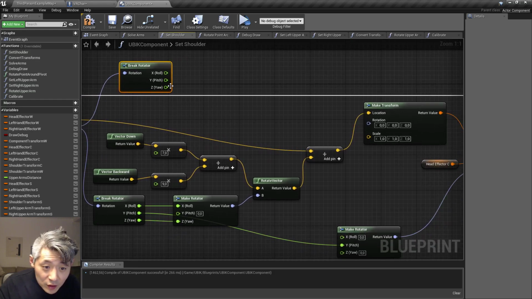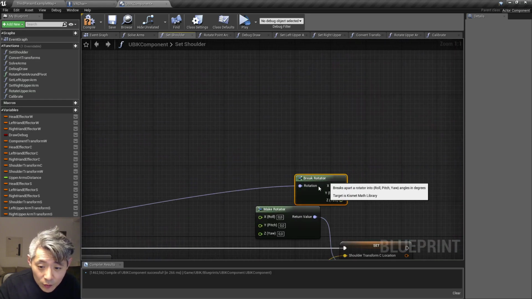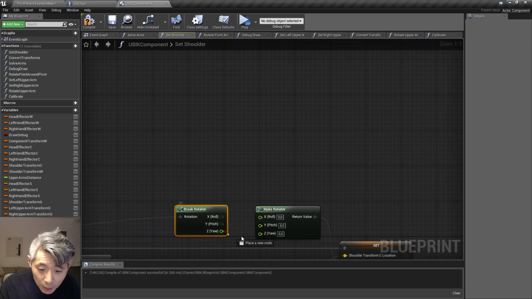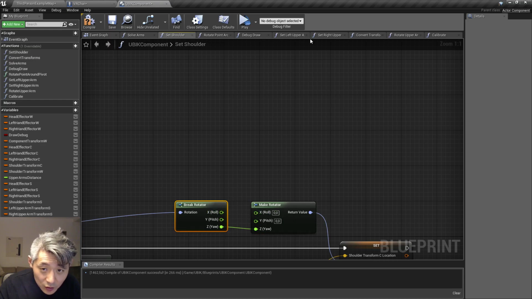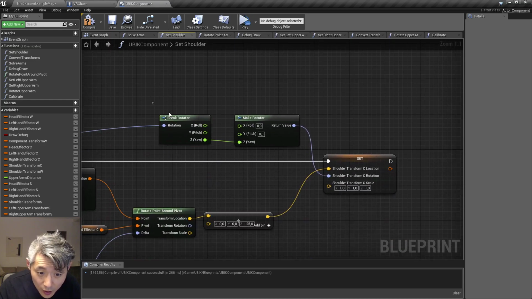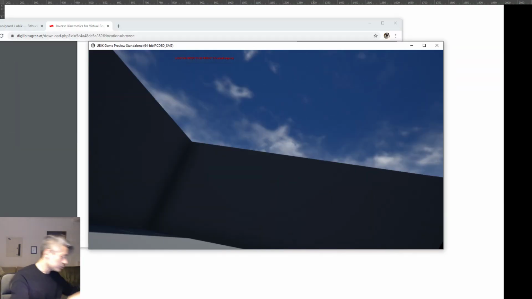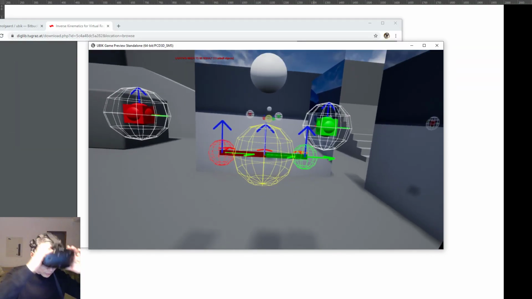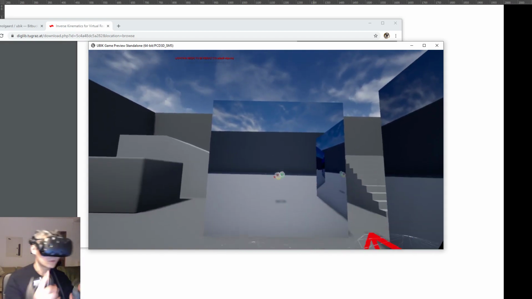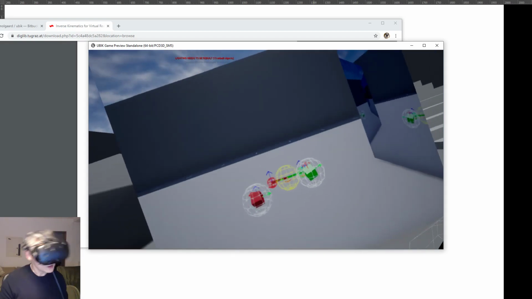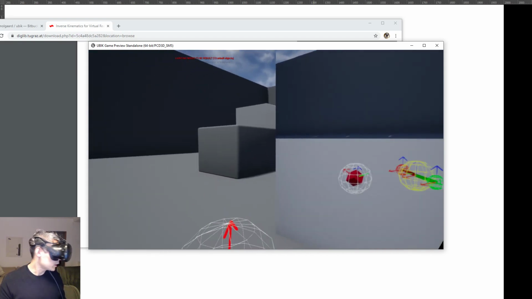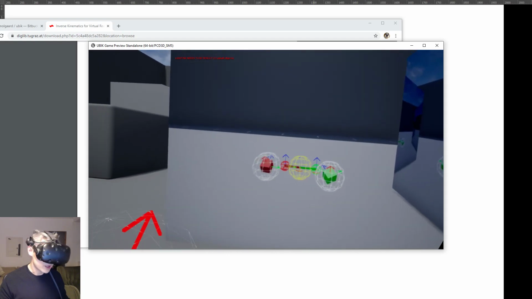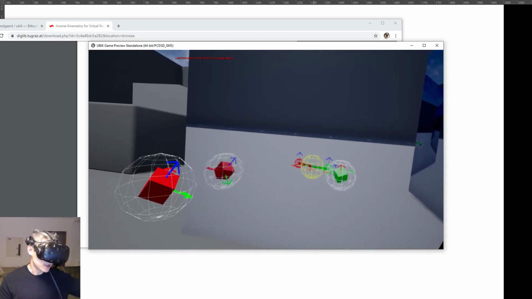And we're gonna revisit this anyway very soon and come up with a way to set the shoulder. So now we have the yaw only here from the head. So that means that when I'm tilting my head from side to side, it doesn't move. But if I turn like this, the shoulders move. If I move my hand,